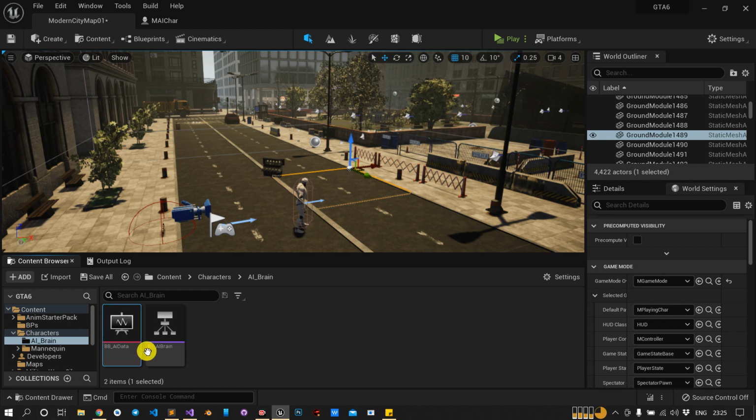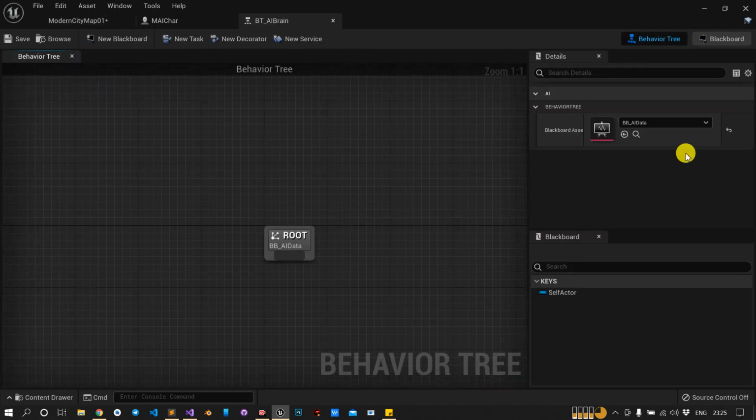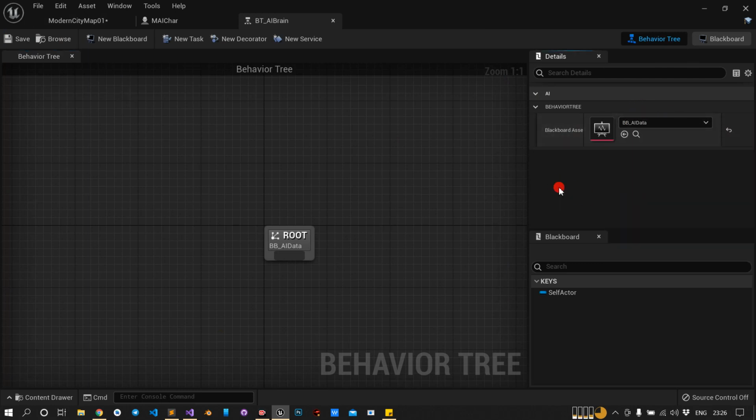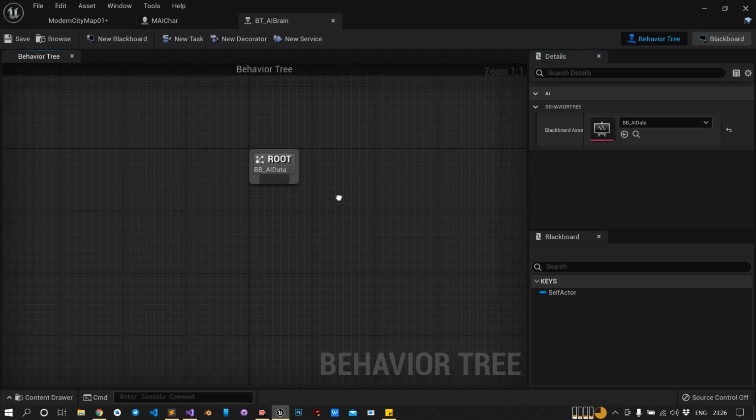So we have created these two. First we will link these two. Just open the behavior tree. See at the right, it is already connected. If it is not, then you can just click this button and choose your Blackboard. So this is what we call the behavior tree root.